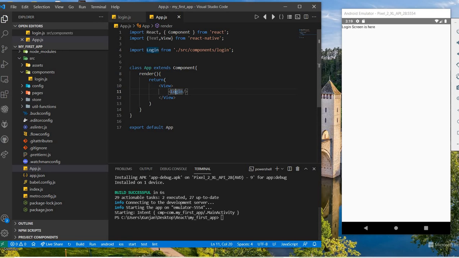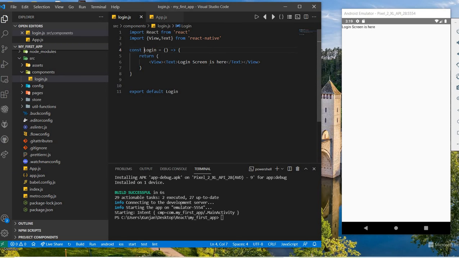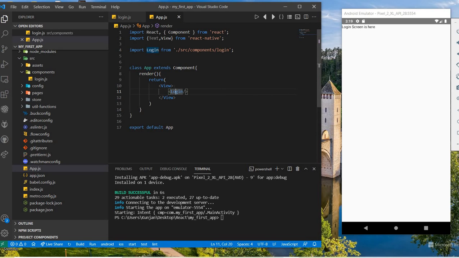This login function is called: we imported the login function in the app.js, and this function is called. So this is how we have implemented the class component.